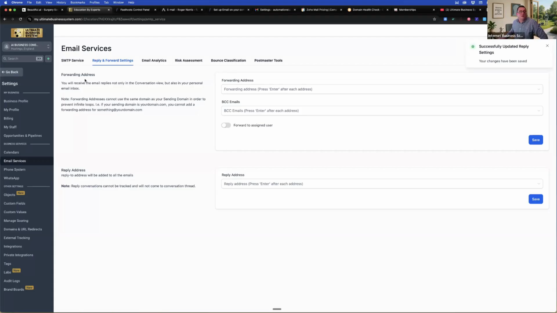And you've got a forwarding address here as well. So you could set up in here so that all of your internal notifications go to your personal Gmail address. So I'm going to put that in here. Automation elation at gmail.com. Make sure it is spelled correctly. So I'm going to get a copy of those system notifications inside my Gmail. And if people need to reply, they've got the